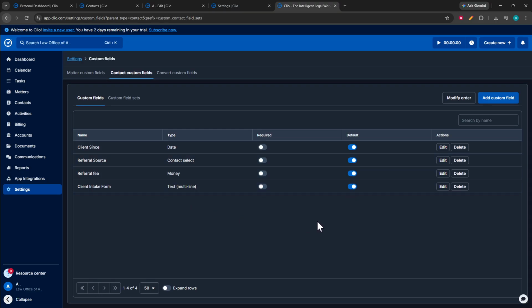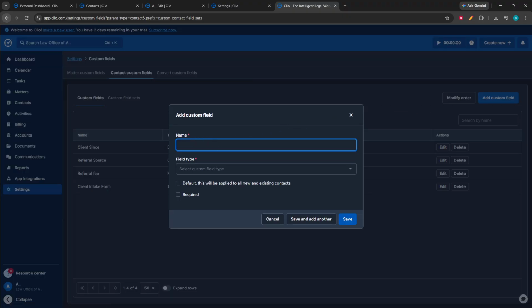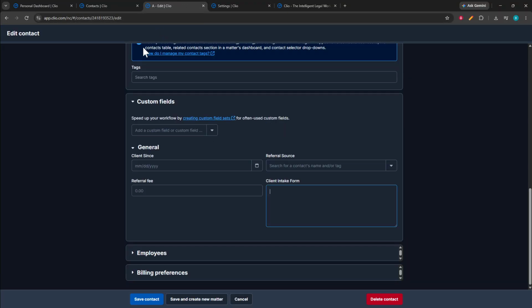Create the contact custom fields or create a field set that includes the questions and information you want to collect during the intake process. Keep the field names clear so they are easy to recognize later when you return to a contact record. After creating those fields, go back to the client contact. Under Custom Fields, add the new fields or field set when needed so they become part of that client's intake